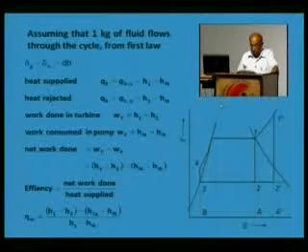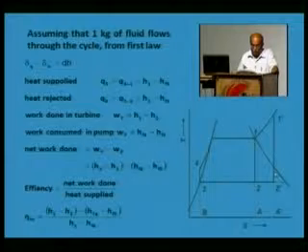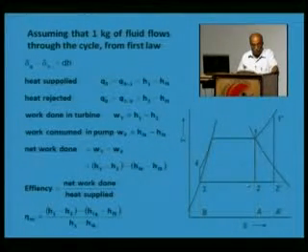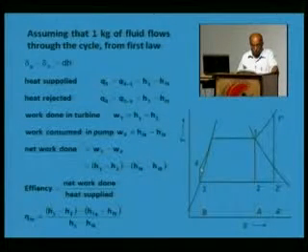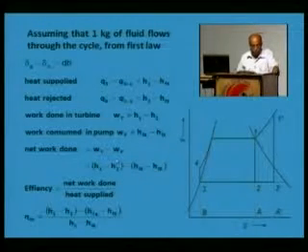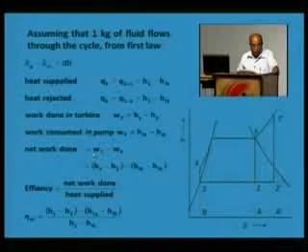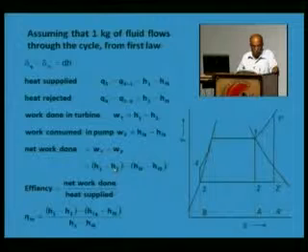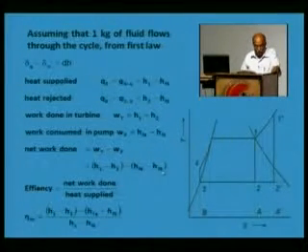Work done in the turbine is the drop in enthalpy shown on the TS diagram. From 1 to 2 or 1 dash to 2 dash is the work done in the turbine, and the compression work of the pump is Hf4 minus Hf3. The net work done in the cycle is WT minus WP, work of turbine minus work consumed in the pump, that is (H1 minus H2) minus (Hf4 minus Hf3), and